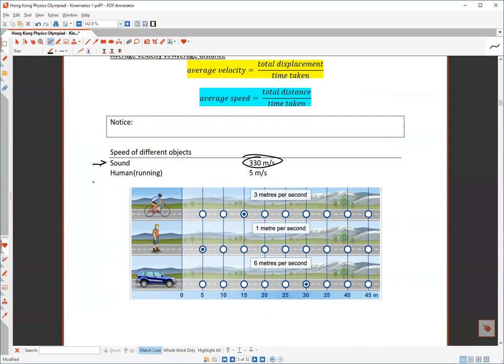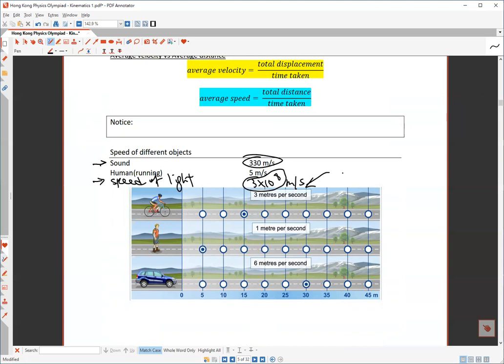Also, another speed is the speed of light. It has a value of 3 times 10 to the power 8 meters per second. This is just a rounded value. The exact value you can look up in your calculator. Remember this value, because I think you learned it in Form 3 optics. When you do any calculation, the speed of that object cannot be larger than